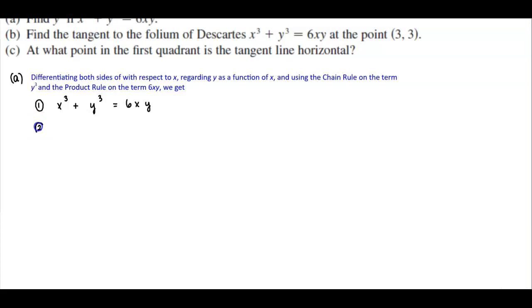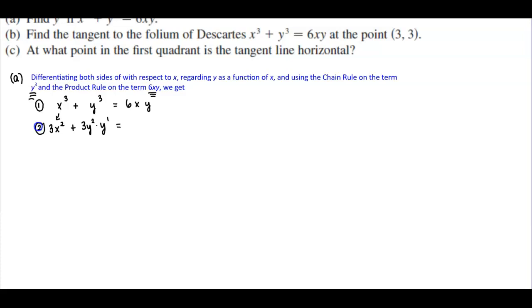So now in step 2, we are going to differentiate both sides with respect to x, and again regarding y as a function of x. And then we're going to be using the chain rule on the y cubed term and the product rule on the 6xy term. So when we take the derivative of x cubed, we get 3x squared. Plus, we're going to use the chain rule on the term y cubed. So the derivative of y cubed is 3y squared, multiplied by y prime,